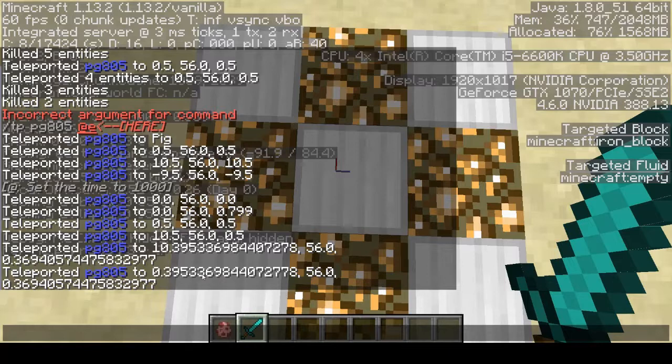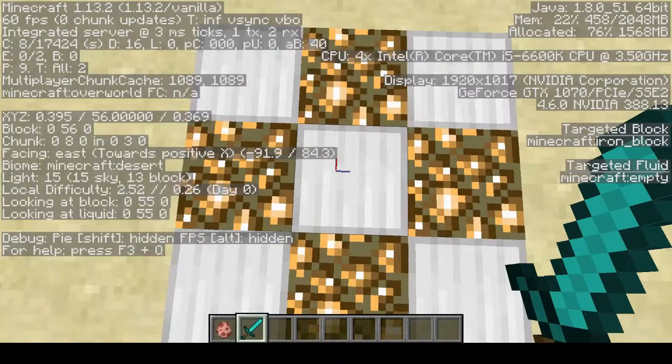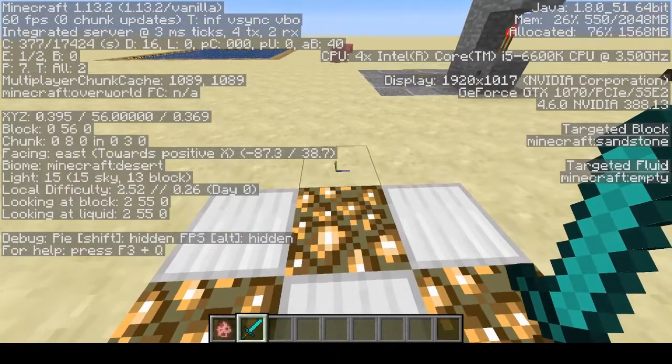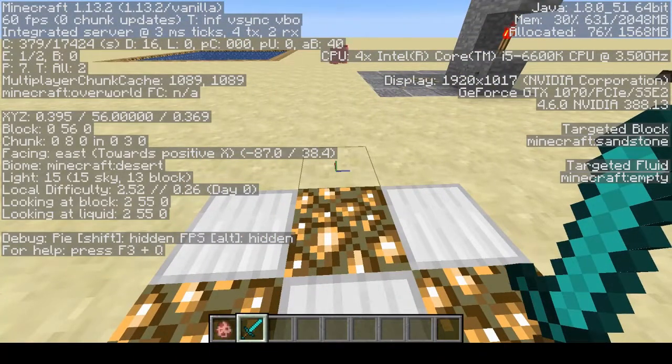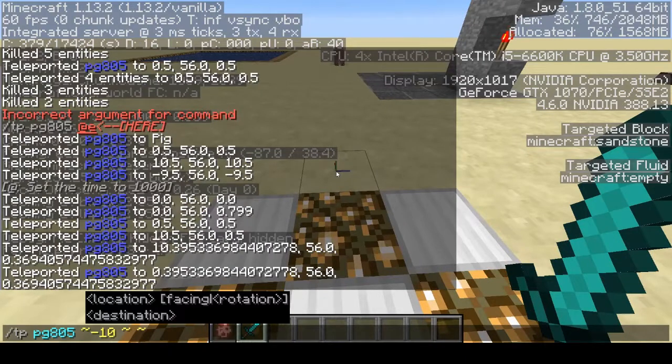They keep the same amount of digits here. This one rounds less than this one does when showing it to you. This one is the same though, so these are essentially the same numbers. This one plus 10 is this one, and then if you subtract 10 from this one, you get here. So you can think about relative coordinates as just adding or subtracting however much you're trying to from your